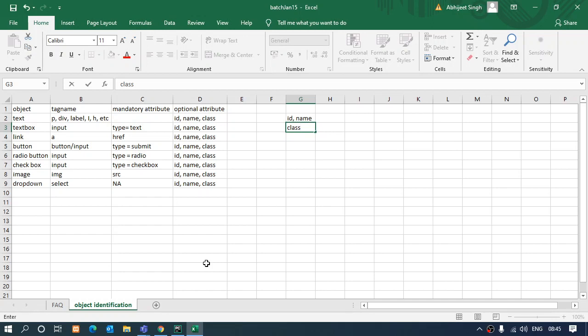So just because of this reason, the class can be shared by different elements on the page. It's not the unique attribute. Some elements may have the same look and feel. So the class may be shared by those elements. So if you have to extract multiple elements, you can use the class attribute. For just a unique element, ID and name. Okay?